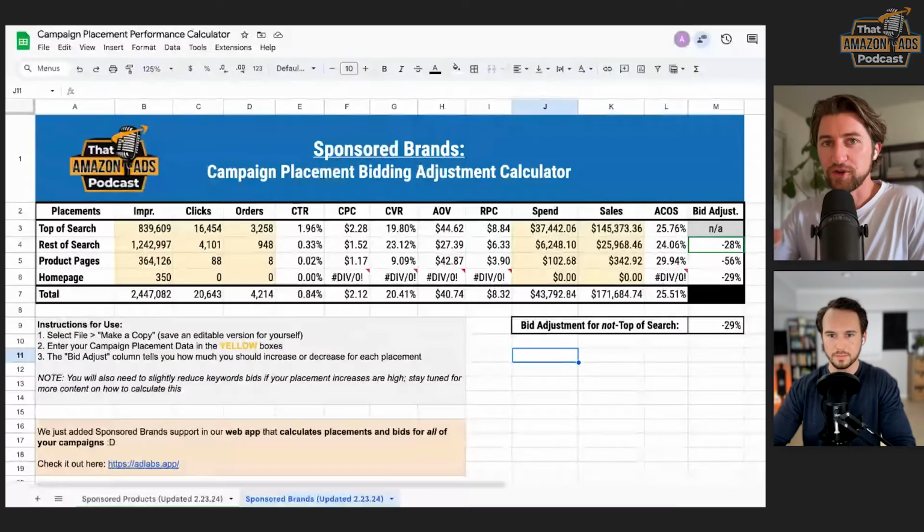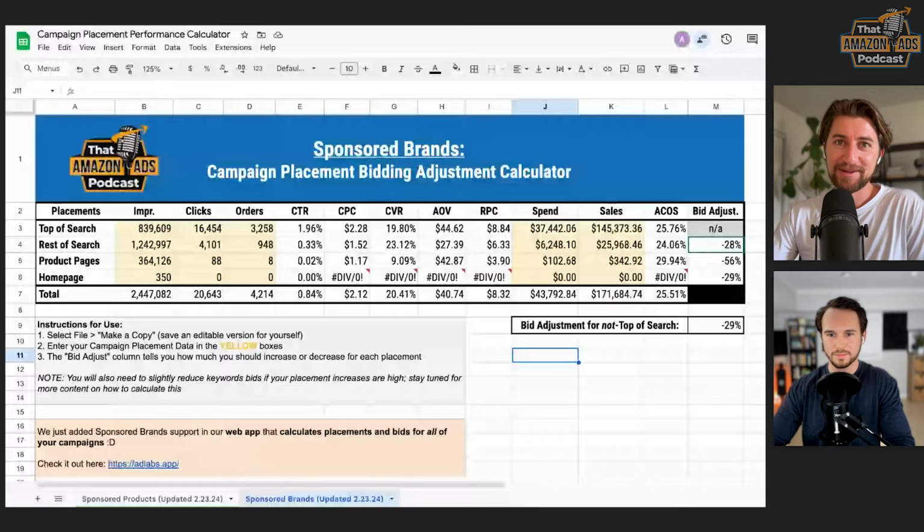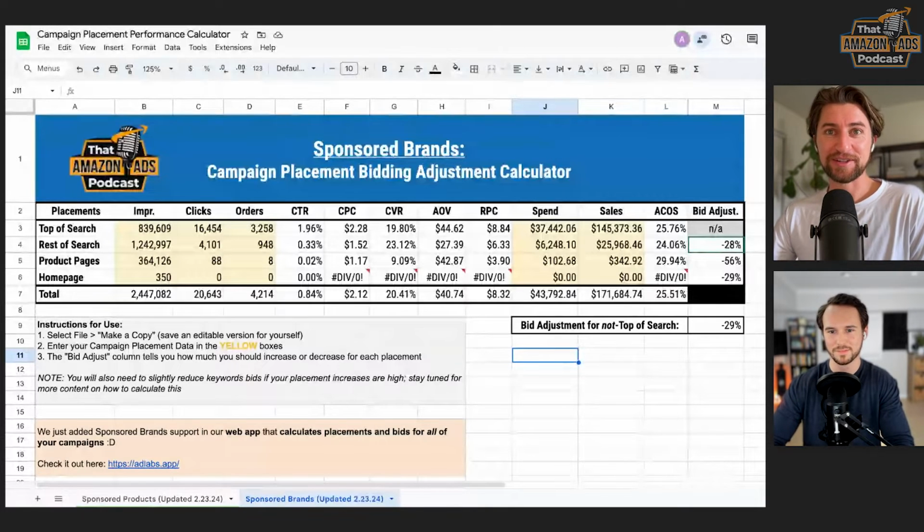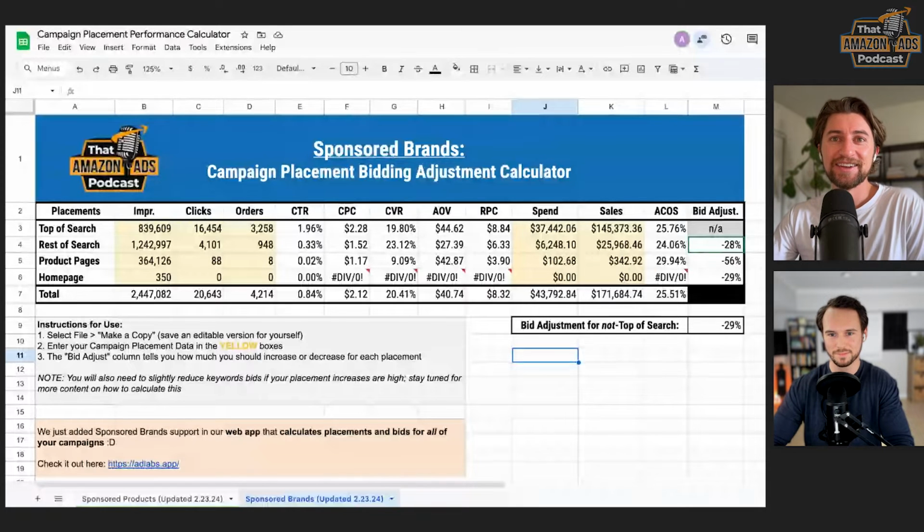Yeah. So things definitely get a little bit weird when it comes to the sponsored brand side of things. So the first weird thing with sponsored brands, and I always think this is really funny and laughable: with sponsored products, they say, hey, here's the opportunity to increase your bids for top of search. And then with sponsored brands, it says, hey, here's the opportunity to decrease your bids for placements not top of search. However, you can also increase those bids for placements not top of search. So you're not even married to increase, or you don't have to decrease. You can actually increase your placements for not top of search.